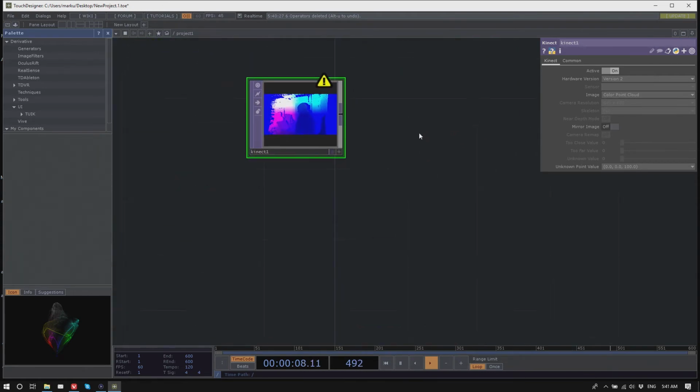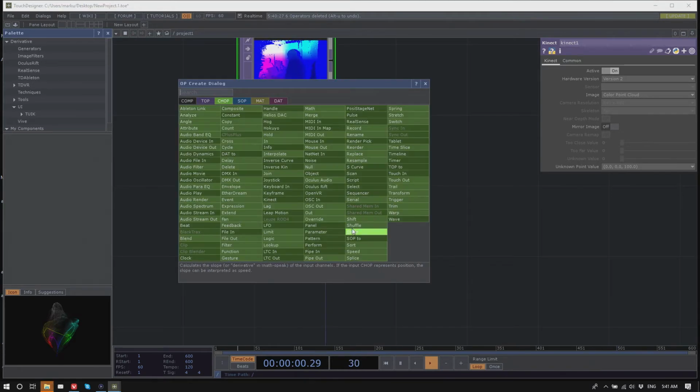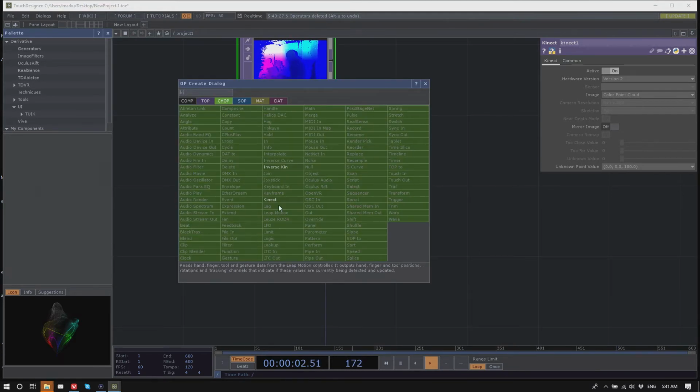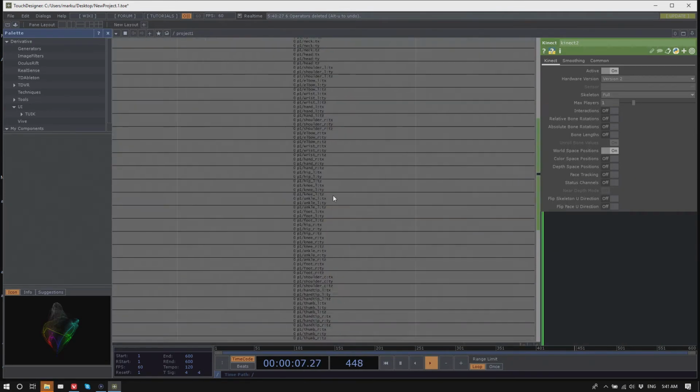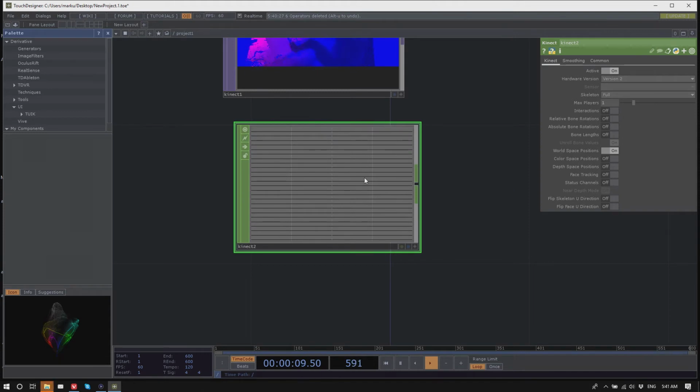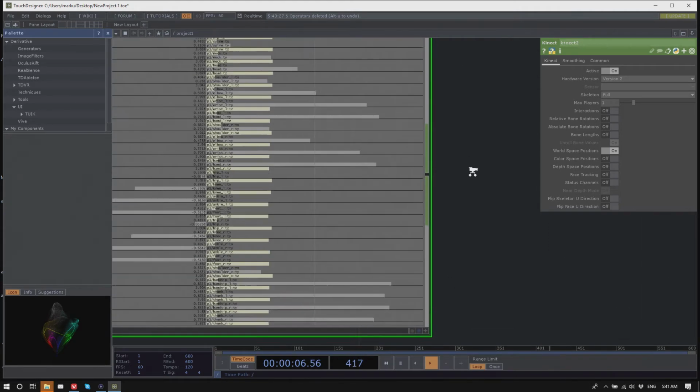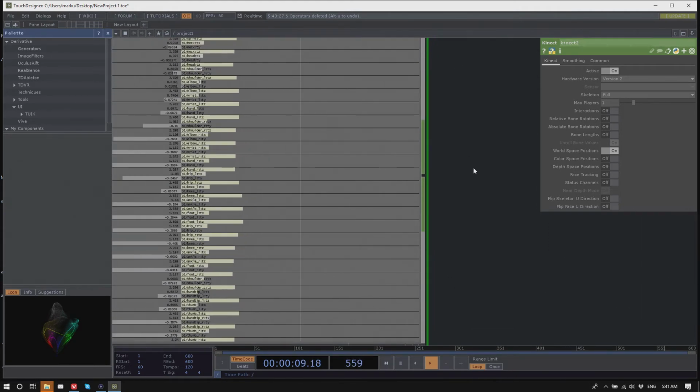And the other thing you get from the Kinect is the Kinect CHOP. The Kinect CHOP actually returns all the joint positions. So it's fairly direct, you don't have to do much guesswork, essentially. In the Kinect CHOP, you can see all the other things that you can get.